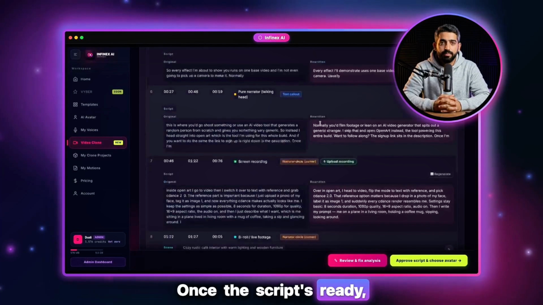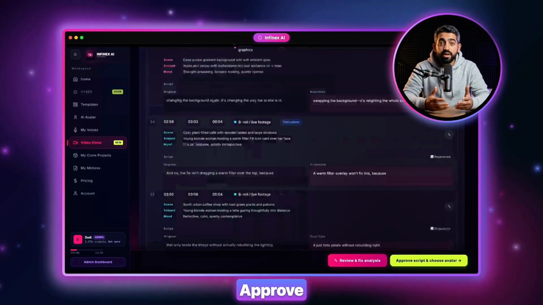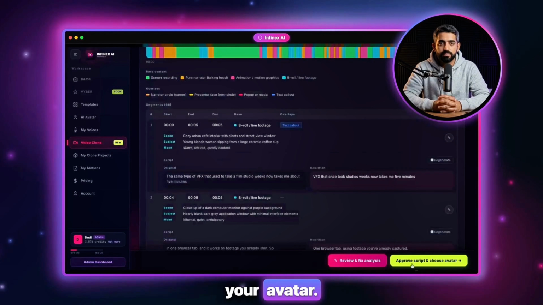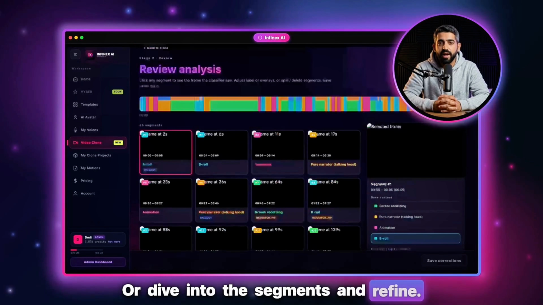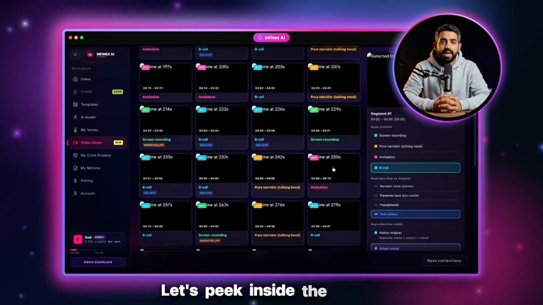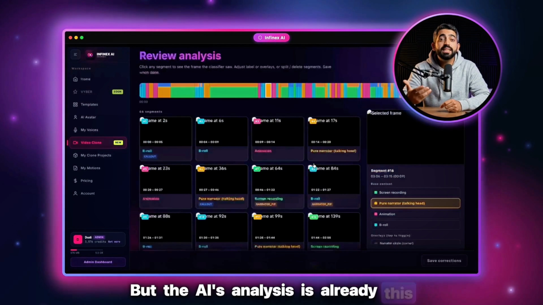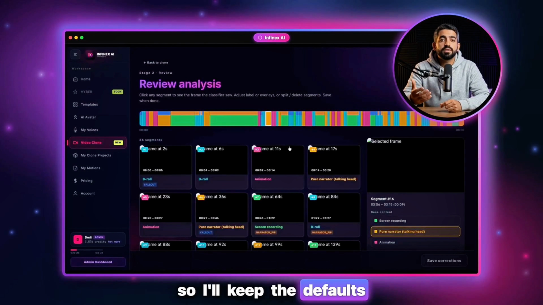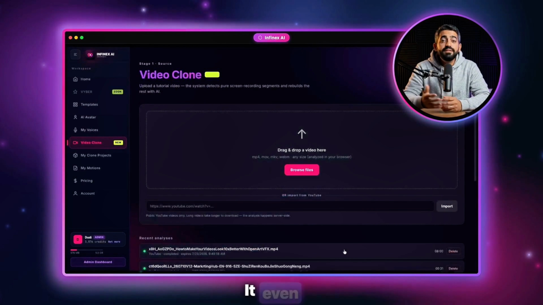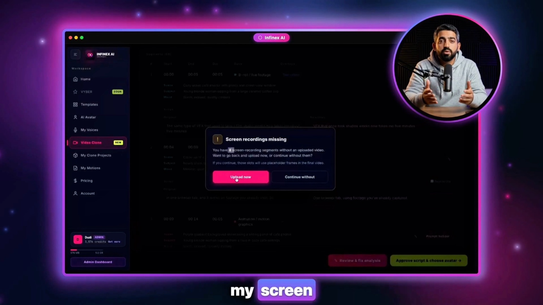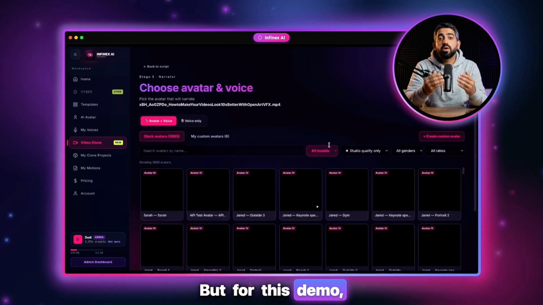Once the script's ready, you've got two paths. Approve it and move straight to choosing your avatar, or dive into the segments and refine. Let's peek inside the editor. Everything's adjustable, but the AI's analysis is already this good, so I'll keep the defaults and hit approve. It even flags that I haven't uploaded my screen recordings yet, but for this demo, I'll skip that and head